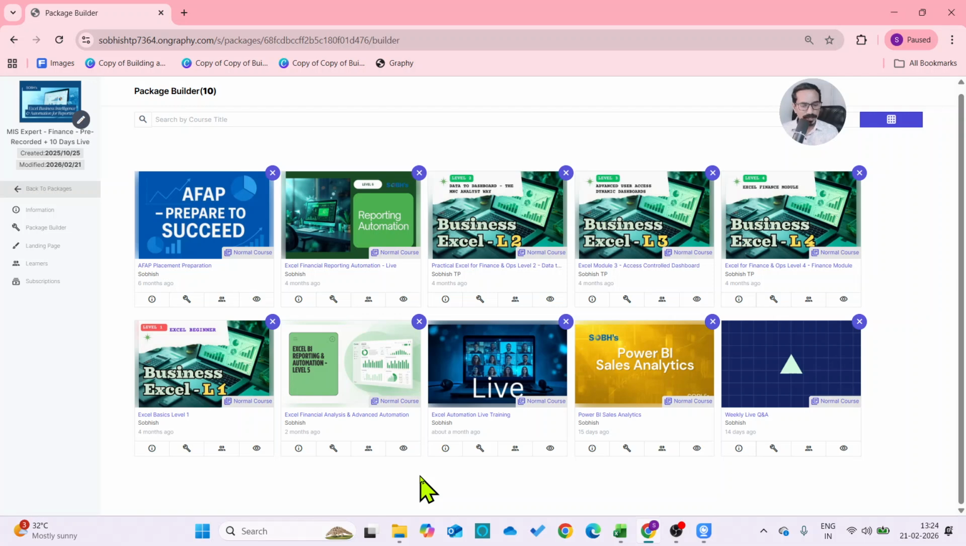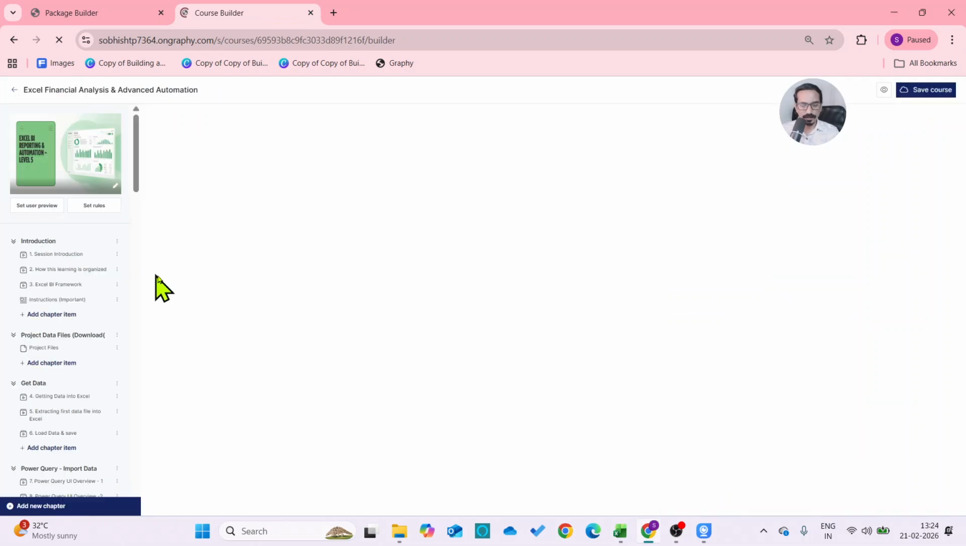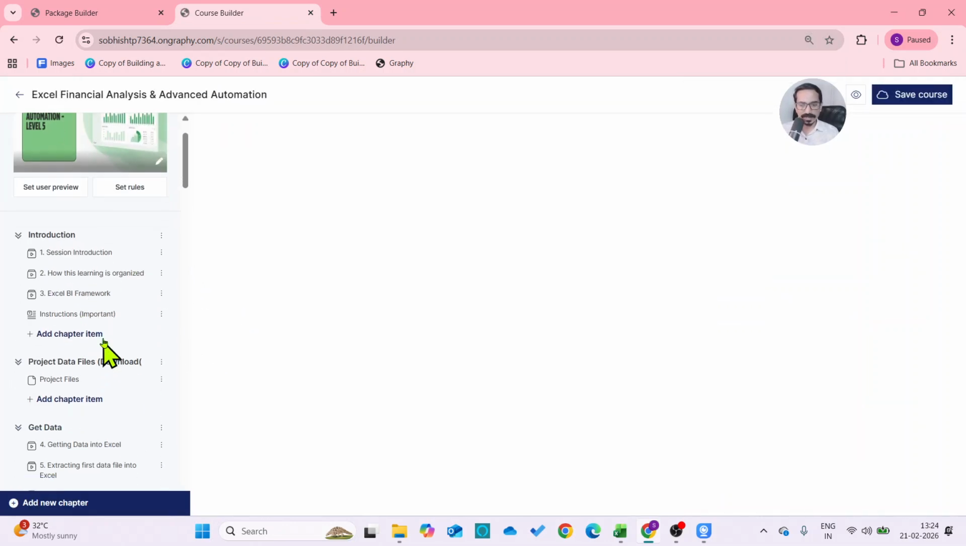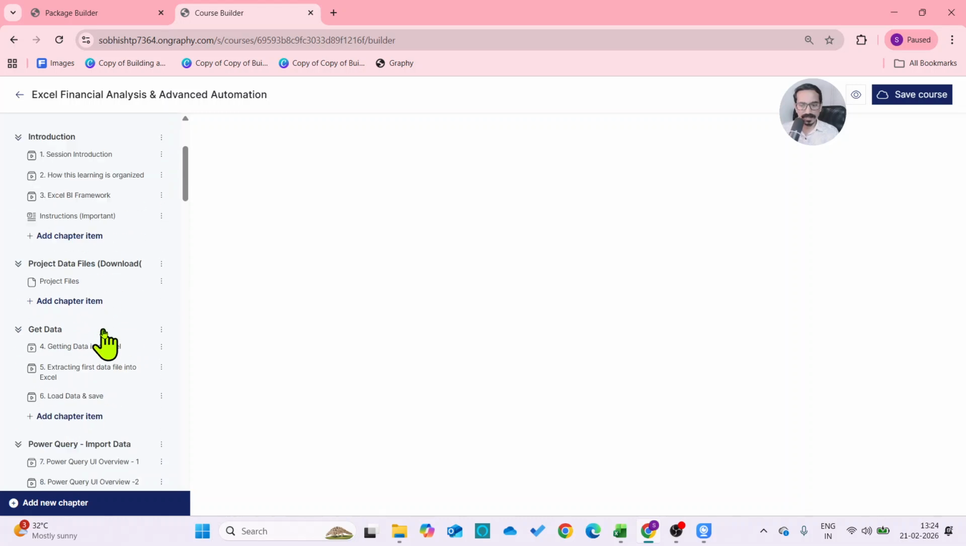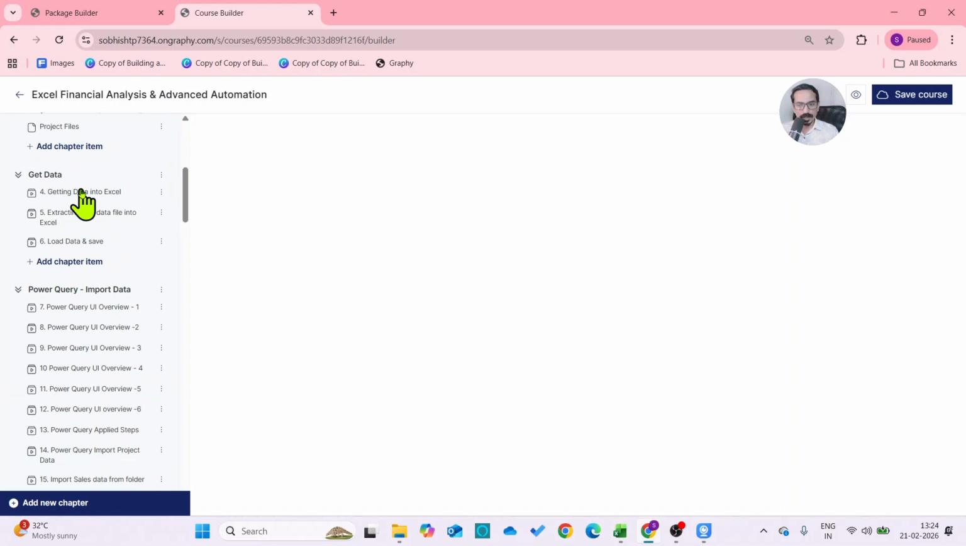So when you enroll, you get access to all these different modules. So let us start with the Excel automation module. Let me open the Excel automation module and show you what is inside. If you look at the Excel automation module, it starts with the introduction, understanding what is BI, understanding the BI framework. You have all the project files inside, and then it will teach you how do you